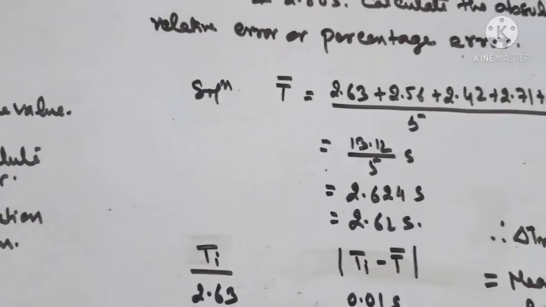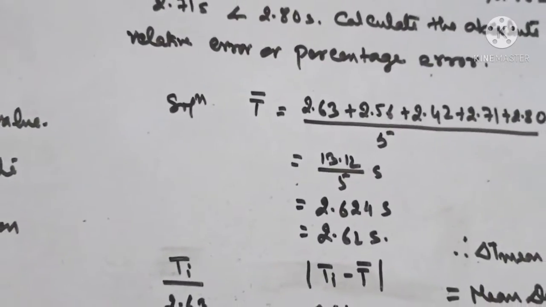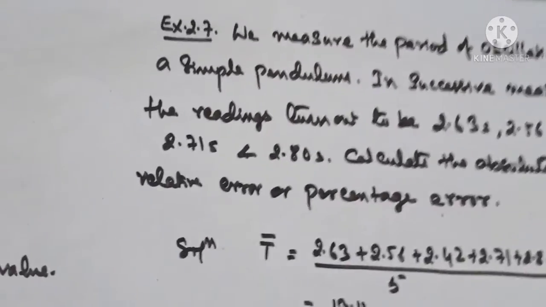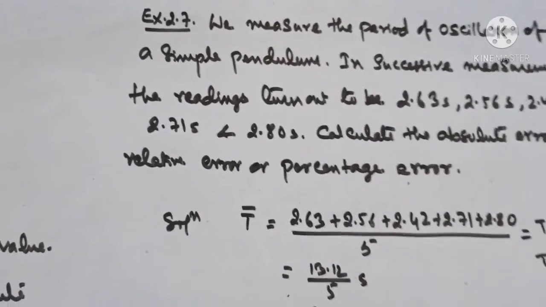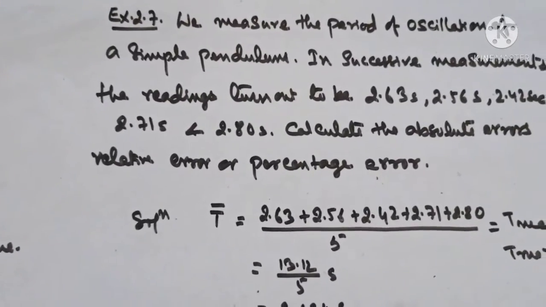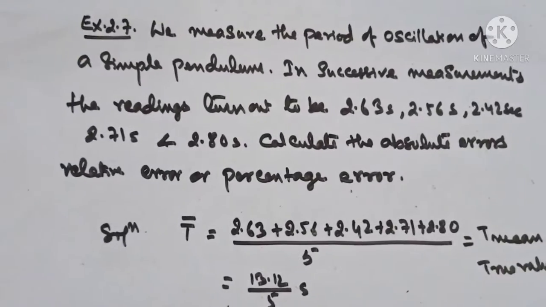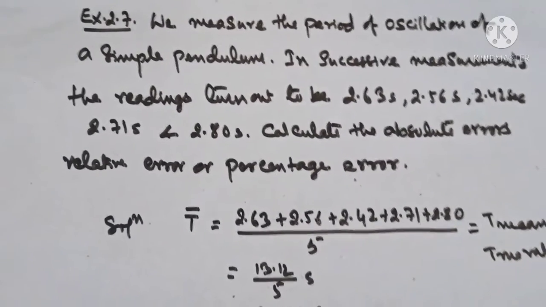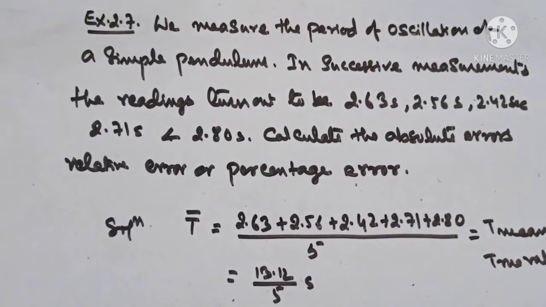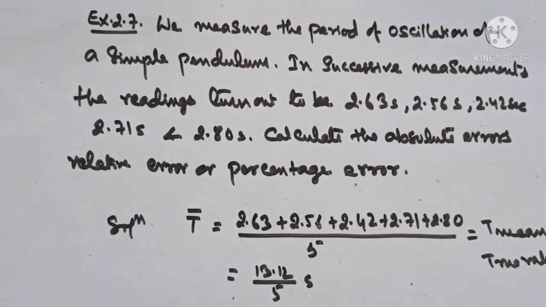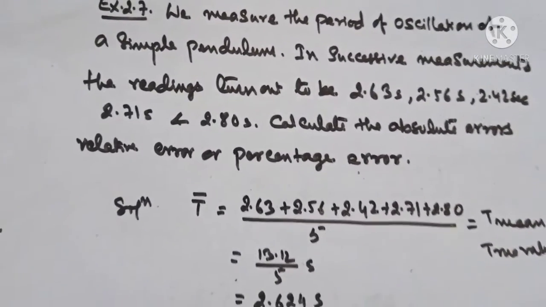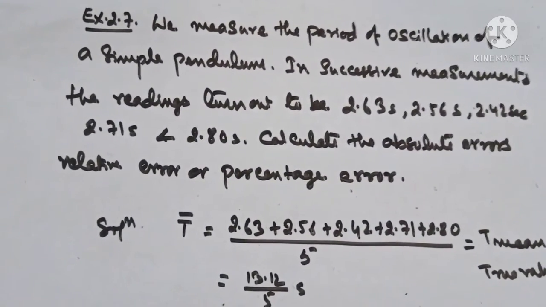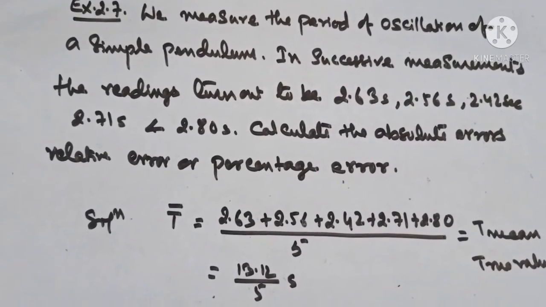So why have I selected it? Because most of the time I find that students doing maths are unaware of where this statistics is actually utilized. So to make it a little more interesting, I selected this problem to show that while calculating the absolute error, you take the help of mean deviation from mean, and to calculate the true value, we take the help of the mean, that is, the average. This is all about this lecture.